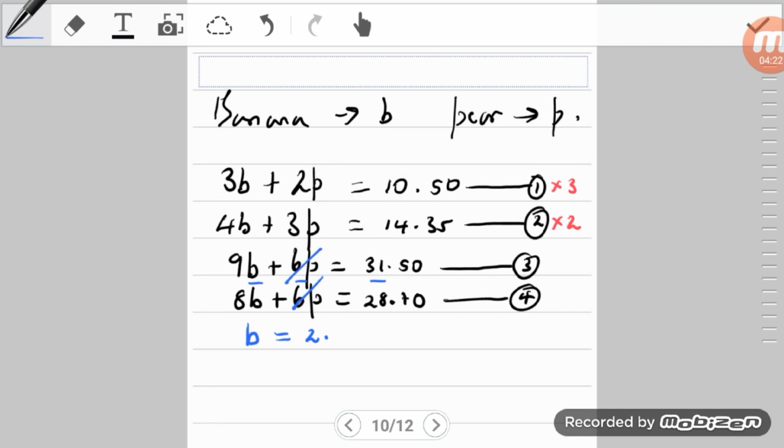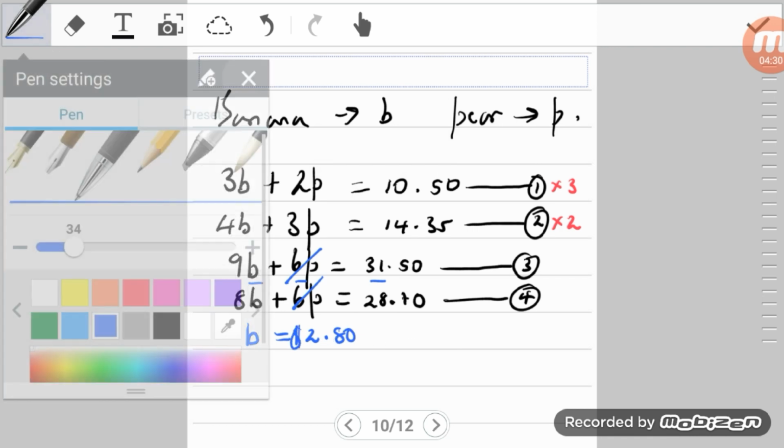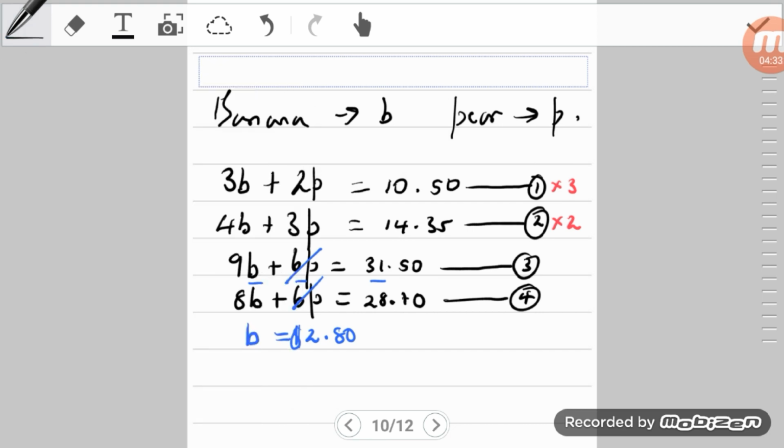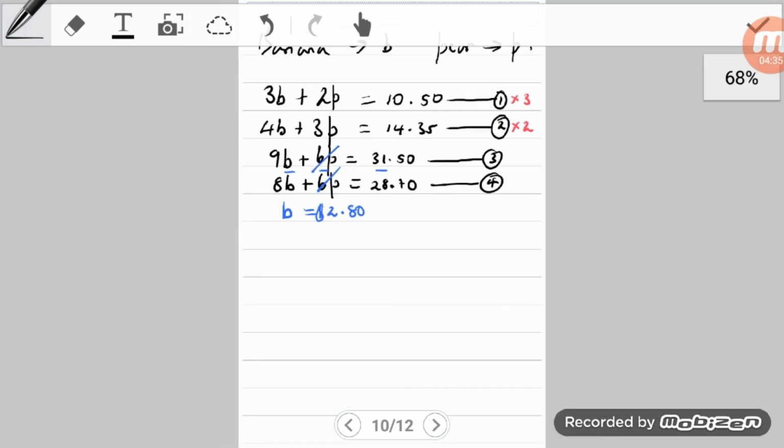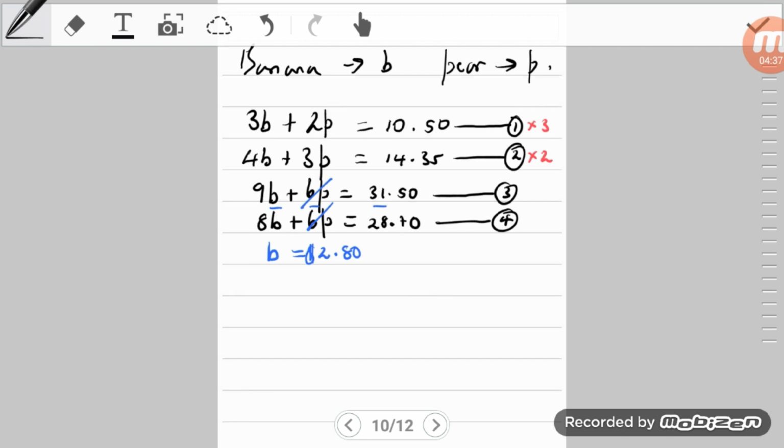28.70. That's going to give us $2.80. So that is going to be the cost of one banana, $2.80. Now that we know the cost of one banana, we can now use that information to find the cost of a pear. So by substituting